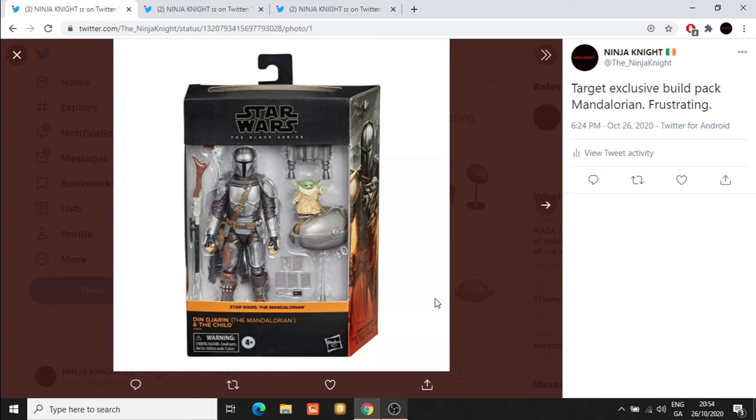What do you think of the Din Djarin head? Do you agree with me that it's a very bad head sculpt? And would you like to see more of an idea of what the Power Rangers Lightning Collection is doing, which is removable helmets and removable heads so that you can swap them? I think that would be a far better idea. It would be a better likeness. I think it certainly wouldn't have a distorted look to it either,